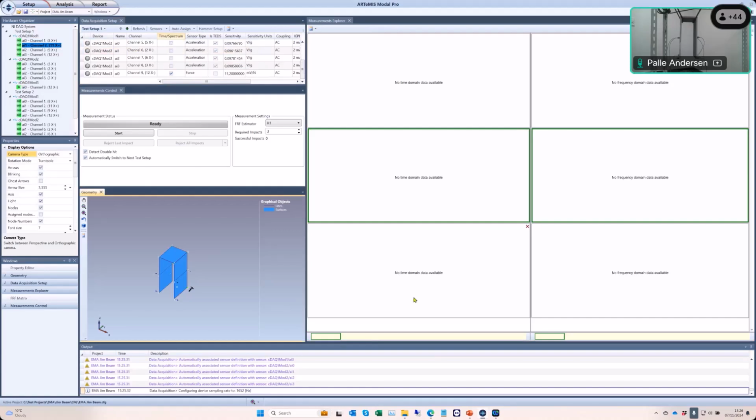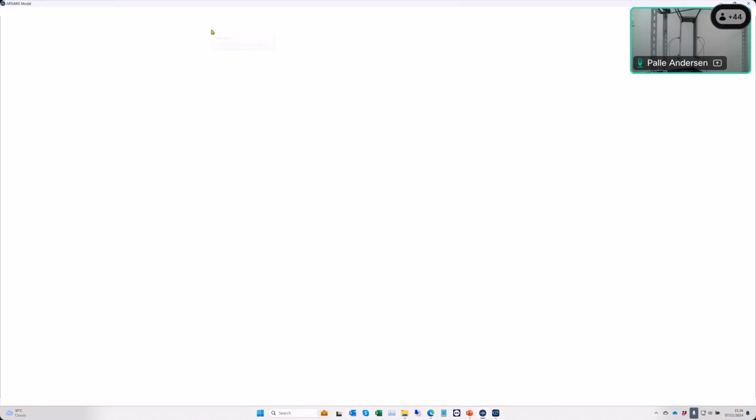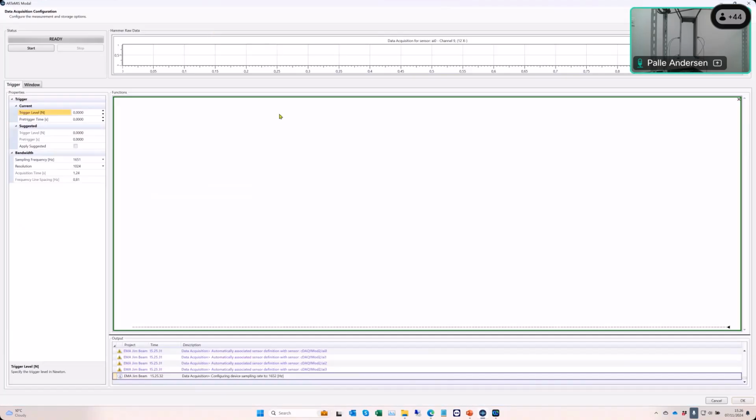What we need to do is configure the level of triggering of the hammer, and also configure if we need some kind of windowing on input and output. In order to do that, we go to what we call hammer setup up here. So I click on this one, and then I get this other dialog popping up. The first part in here is the hammer trigger setup. What I have to do here is first of all select what bandwidth I want to use, what should be our maximum